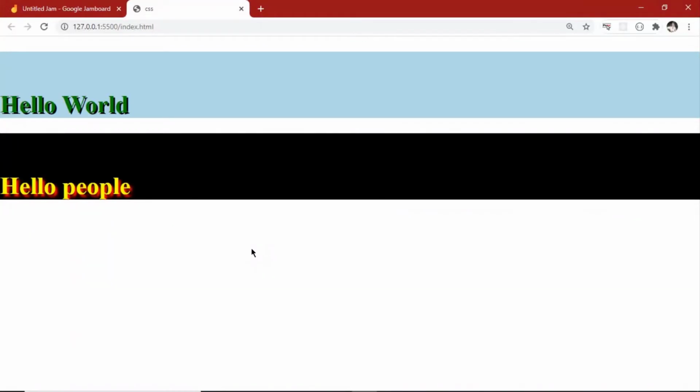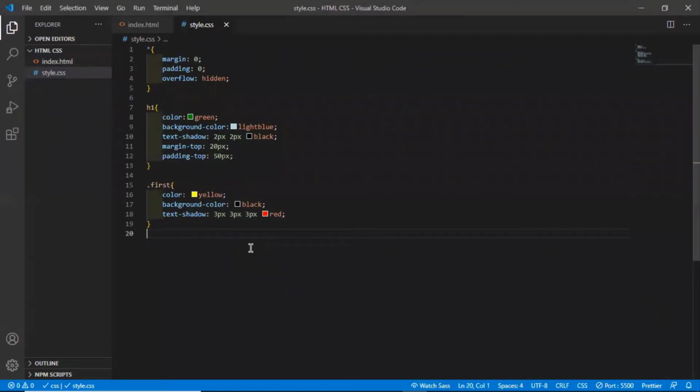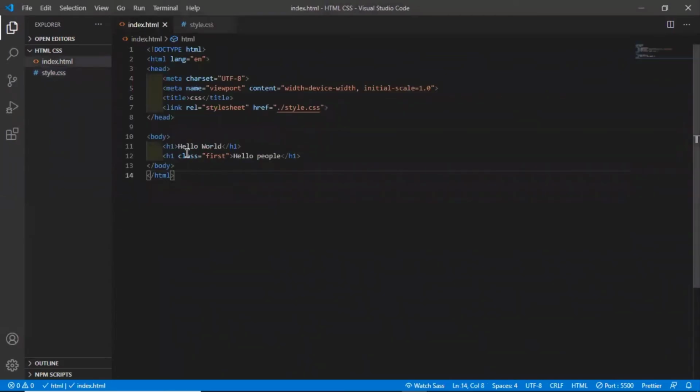So this is the thing which we can get help with the help of divisions. And of course, as I told you about id, for id what we do is h1, and I'll write id, and then let's say second.